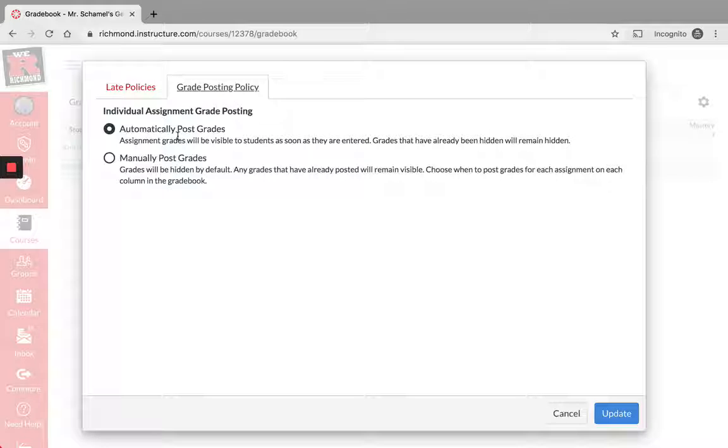By default, with new assignments created after you've enabled the new gradebook, assignments are going to be posted as soon as they're entered. So as soon as it's graded, it shows up for the students. If you've hidden particular grades, they'll remain hidden. So really, where that comes into play is if you make the change to the new gradebook in the middle of a term,